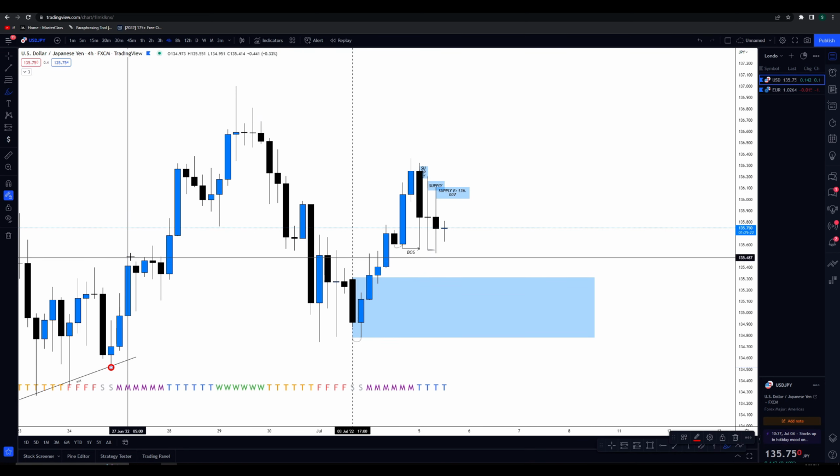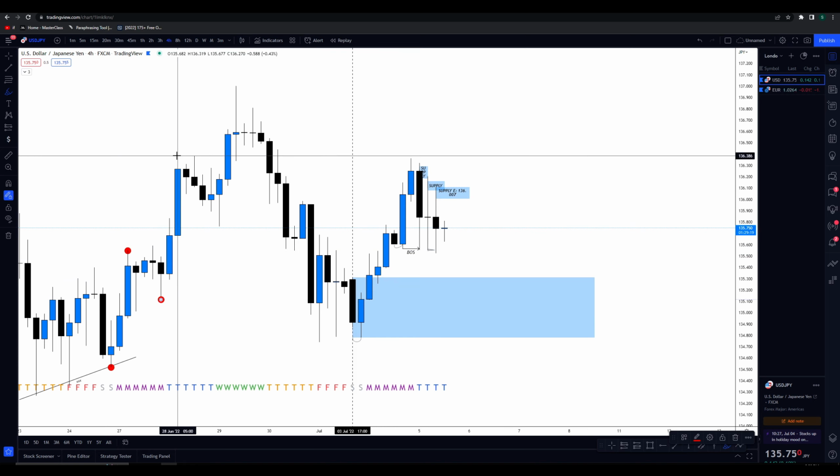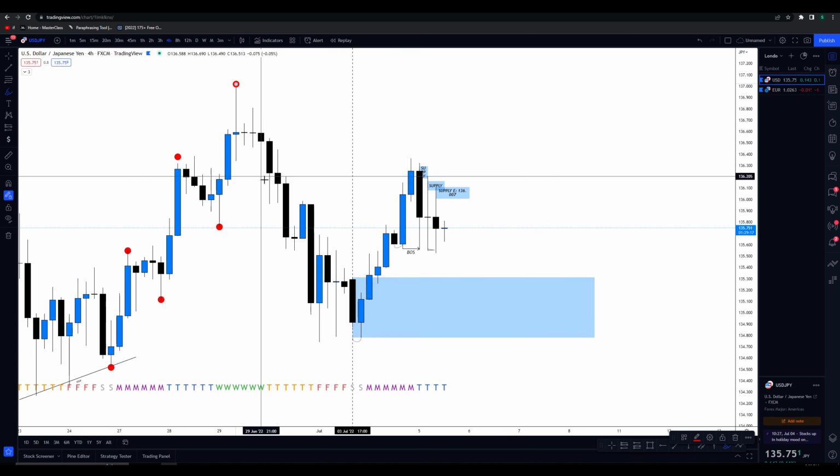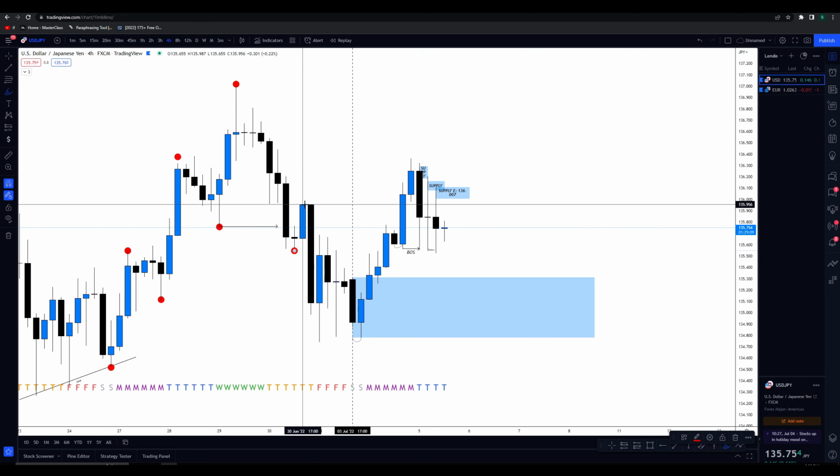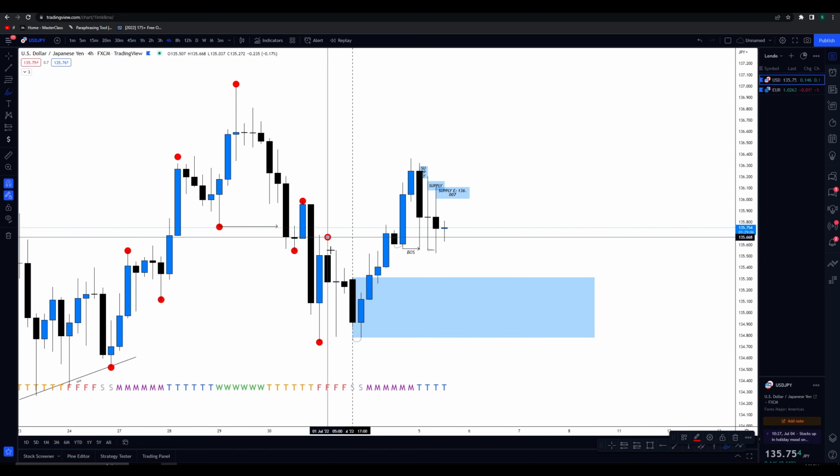We can see there's a low, and then there's a high, and then a higher low, higher high, higher low, higher high, and then the market breaks structure right over here. And then the micro structure changes. It goes from a high to a low, to a lower high, to a lower low, to a lower high, and then